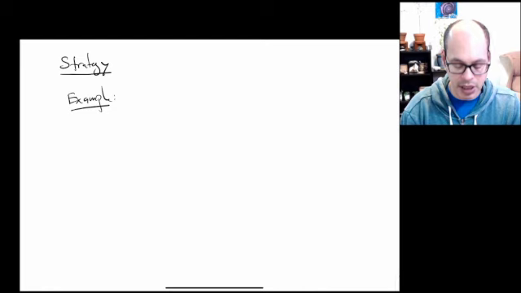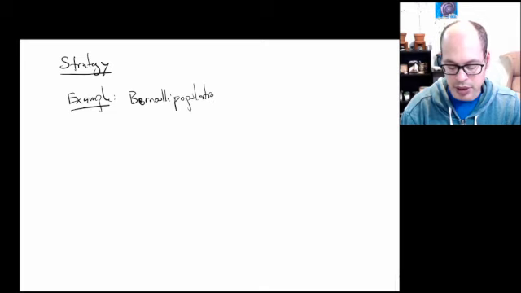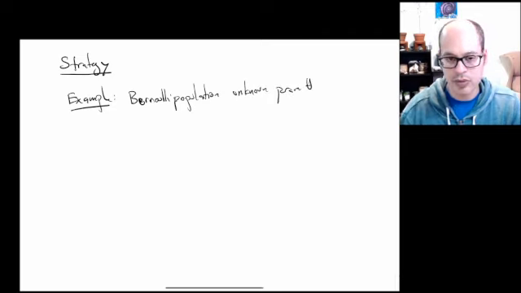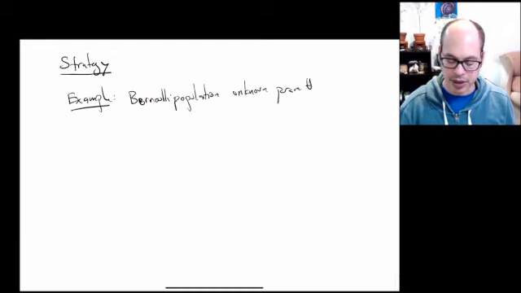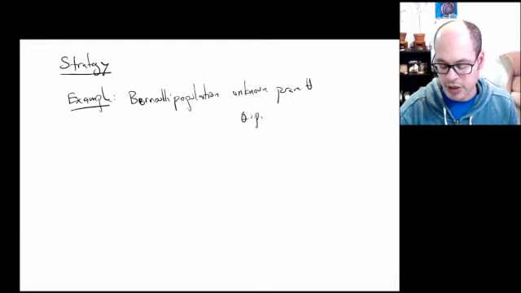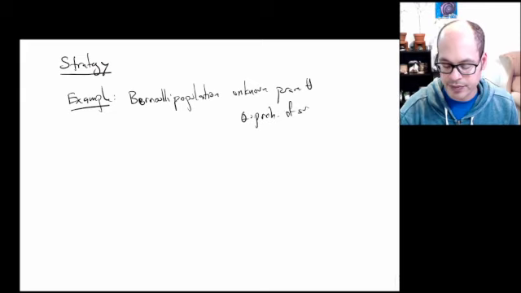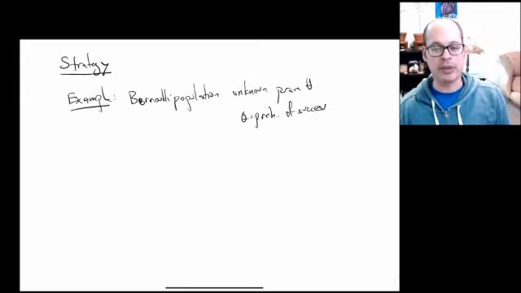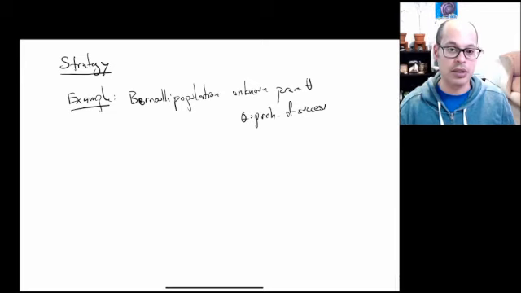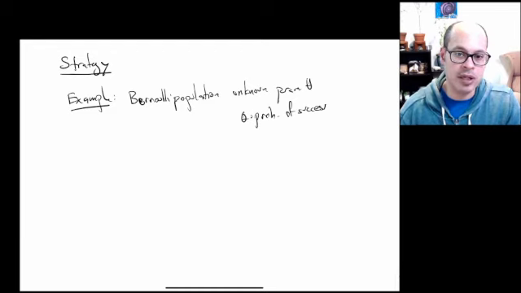Say we have some Bernoulli population with some unknown parameter theta, and we're trying to figure out what this parameter is. We think of this parameter theta as the probability of success. Bernoulli population means that each sample is like a coin toss. It's a yes or no, 0 or 1. And we're trying to figure out the probability of getting a success. Okay, so what do we do?